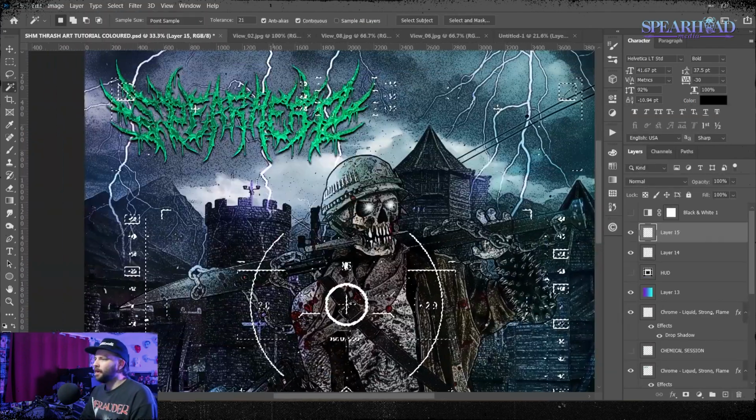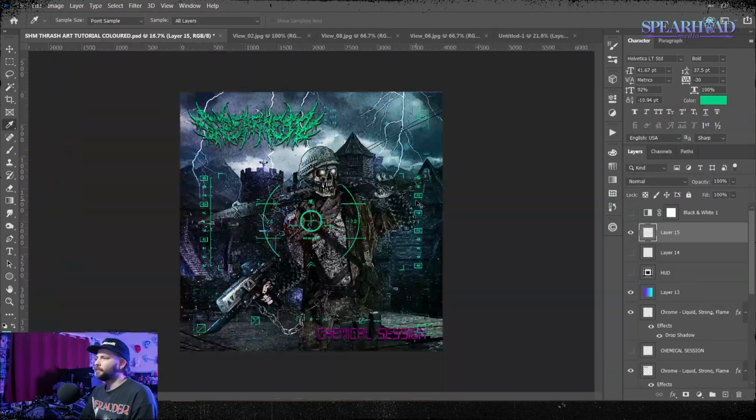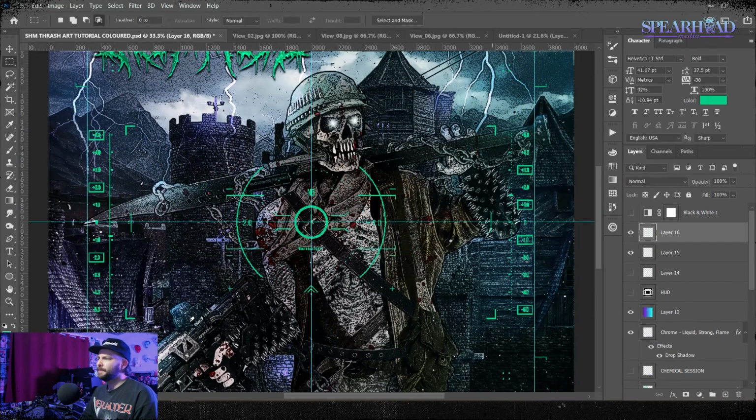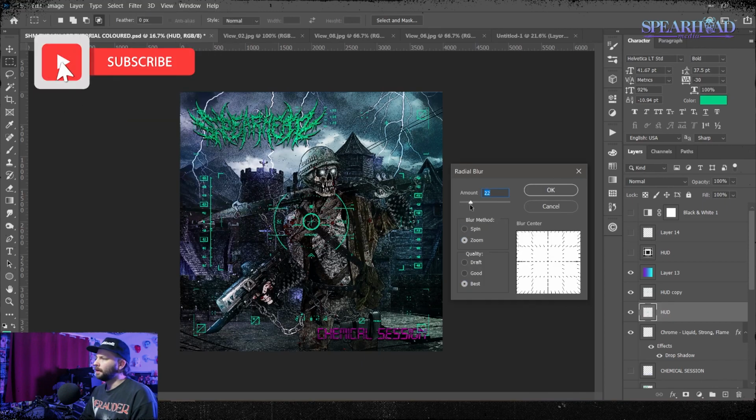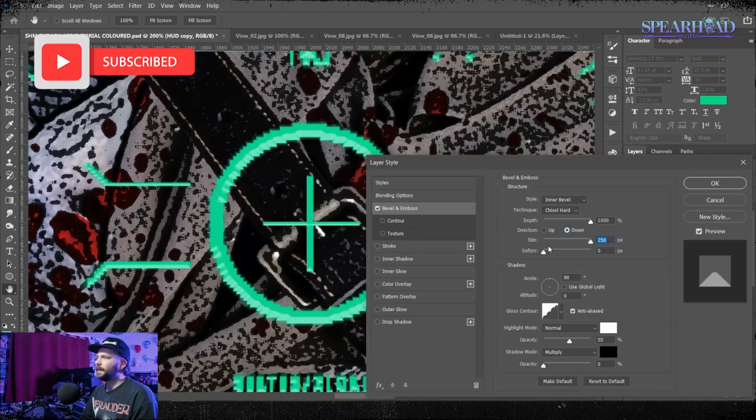I then just select all my white, bring that in, lay it over my image, and then I filled my bitmapped heads up display with a really vibrant green. I then duplicated my layer. I put a little bit of an inner bevel on the top layer, and on the bottom layer I used